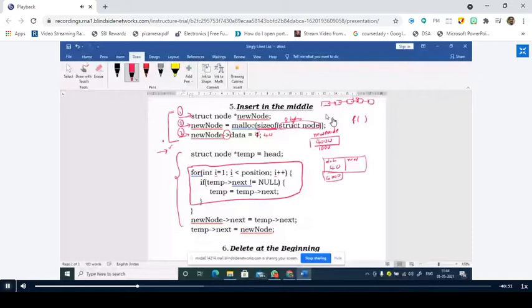But the actual logic which you want to implement lies in changing the pointer values, right? So from here to here, the actual logic happens. Now the task here is to insert the node in the middle or at the required position, right? Assume that the user has entered the position and it is stored inside this position variable. Assume that the user has entered 4. Therefore, what is the value of position here? It is 4. Is it right?